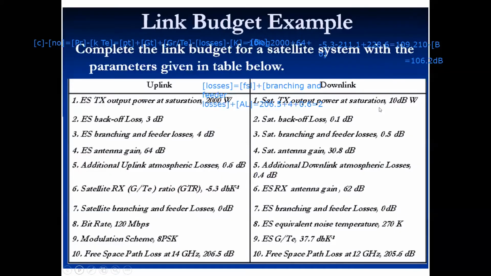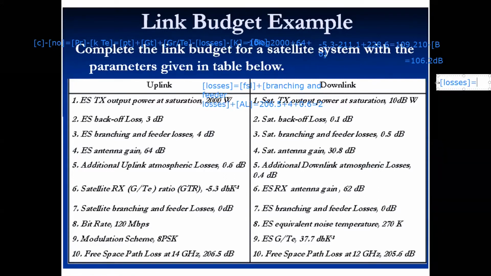ओके, नाउ कैन यू डू इट फॉर द डाउनलिंक. सब कुछ दिया है, ट्रांसमिटेड पावर दिया है, बैक ऑफ दिया है, लॉसेस दिया है. जस्ट क्विकली एवरीवन, फर्स्ट टेल मी व्हाट आर द लॉसेस. हाउ मच इज द लॉसेस? 205.6 और क्या है 0.5, राइट, एंड 0.4. फीडर लॉसेस 0 है, कुछ है ही नहीं, तो कितना है लॉसेस? बट यस, परफेक्ट, 206.1. ओके everyone, are you getting 206.1 dB watts?